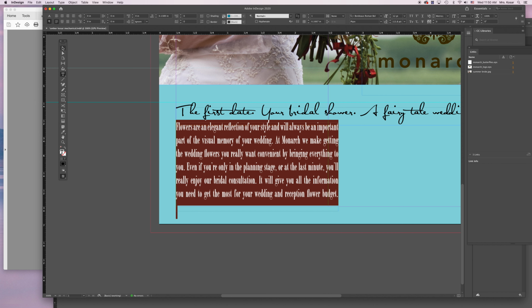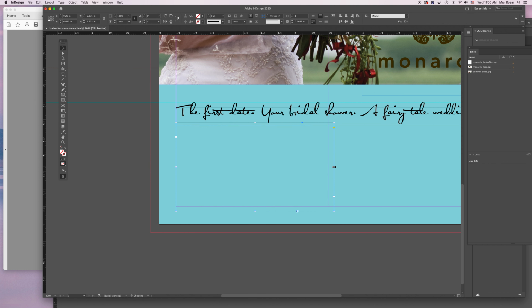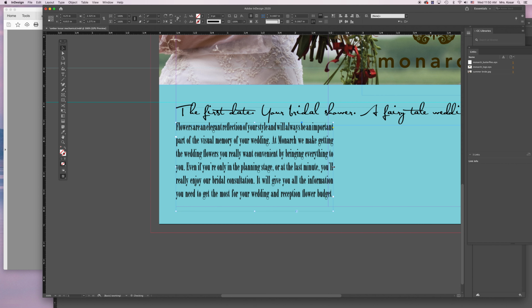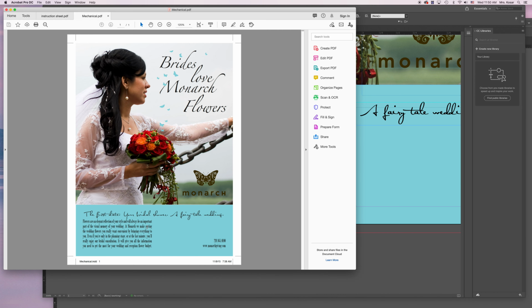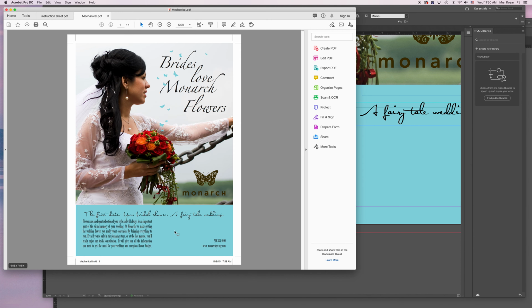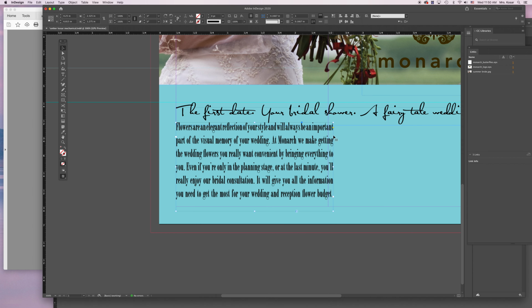So that way, we can try to get this closer to the center without the word important dropping down to the next line. Okay, so again, flowers and important, and then at the end of this line it should be the word getting, then to, getting to, Yule and information, and budget. So we do want to make sure that all that text is on there and that we're pretty close to